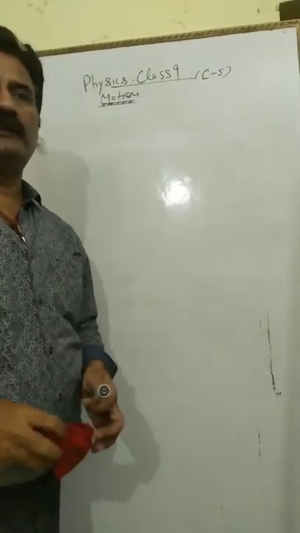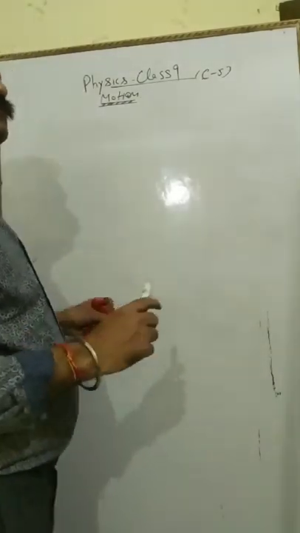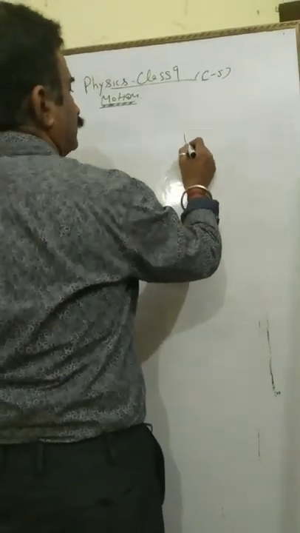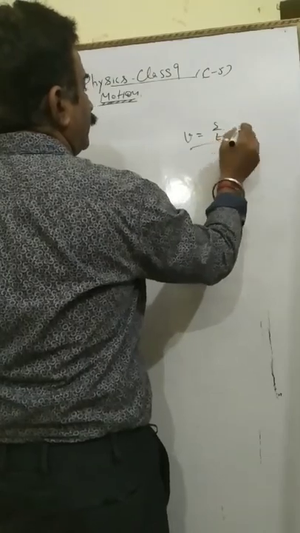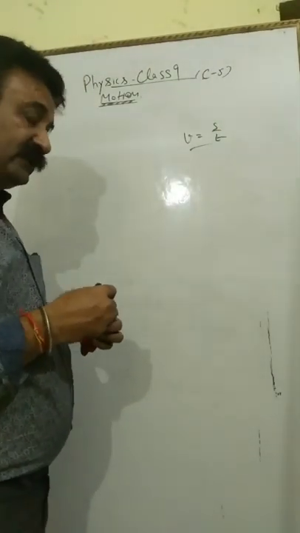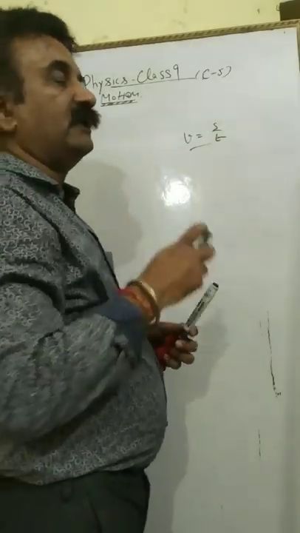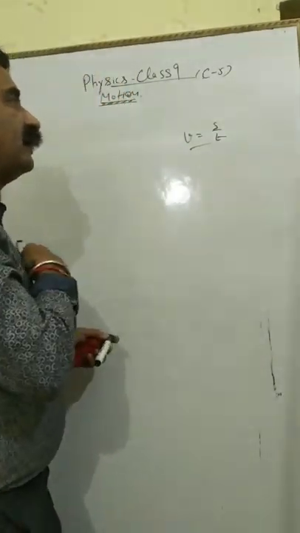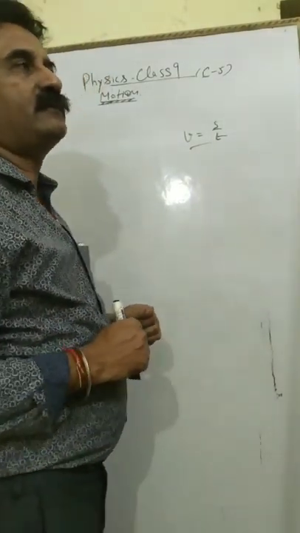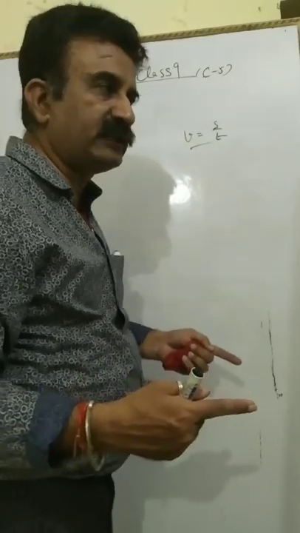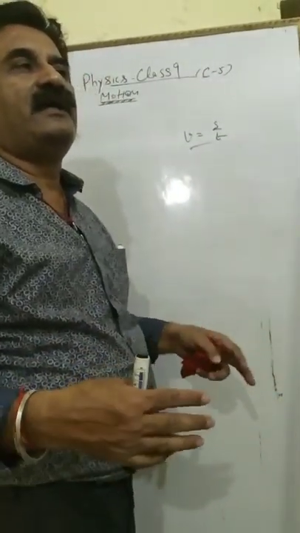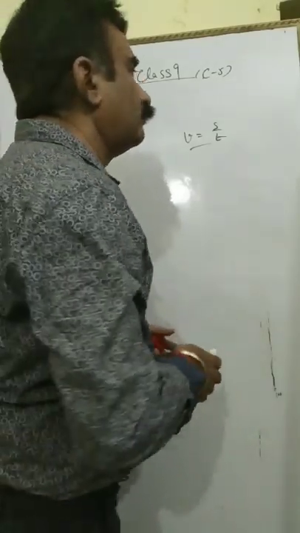Till now you have seen the object is moving with constant velocity, then you can apply the formula speed is equal to distance upon time. But if the object is moving with accelerated motion, then how can we calculate the distance of the object after some time? If it is going under accelerated motion, how will we calculate the velocity after some time?